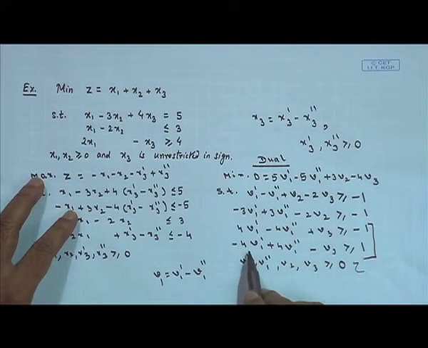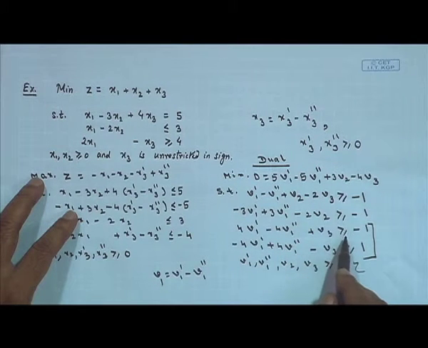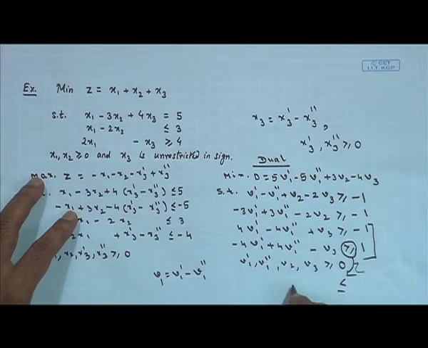So, then both will be the same, and if I change the value, then these two can be written as an equality type constraint. From here it is very easy to do. This is greater than or equal to. If I multiply both sides of the second equation by minus, then this equation will be converted into less than or equal to. It will be 4 v 1 dash minus 4 v 1 double dash plus v 3